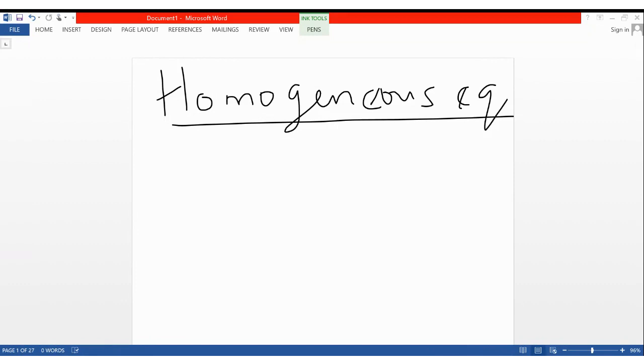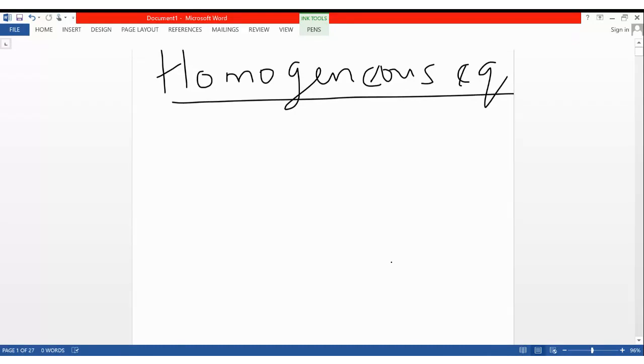Let us start the class. Today I'm repeating some notes on homogeneous equations because last time we were not able to go through. There were so many questions on separation of variables, which I believe is a bit clearer now. So we are saying that a homogeneous equation is of the form